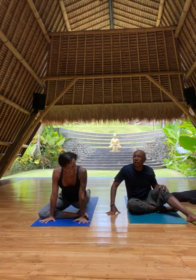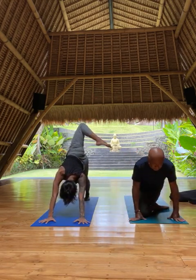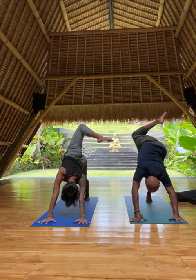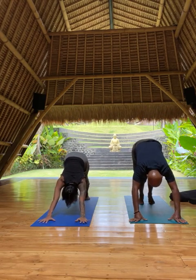What's our next pose? Let's tuck the back toes under. We're going to take the left leg back. Three-legged dog. Bend the knee. Open up the hip. Keep up. Straighten the left leg. Bring it down. We're going to bring it down to the earth, but first we're going to inhale, come forward